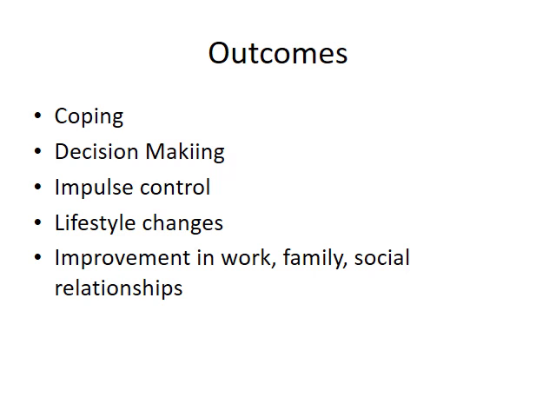Outcomes. I have the outcomes that are listed down there, the three main ones, and then I've added a couple that are also important. Basically, these are things that we want them to be able to master, or things that we want to be able to see when they are done with treatment. They are able to cope in a healthy way and not choose unhealthy coping mechanisms such as drinking or drug abuse. We want them to make accurate or healthy decisions, impulse control, really be able to know what our high-risk situations are, how can I control my impulses.